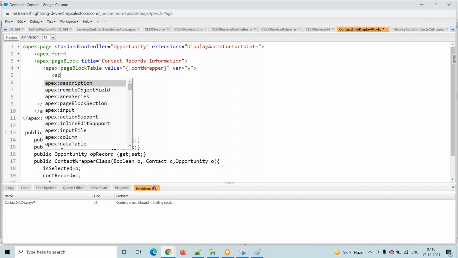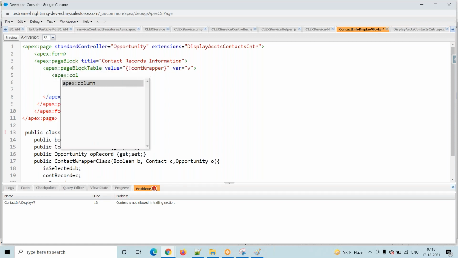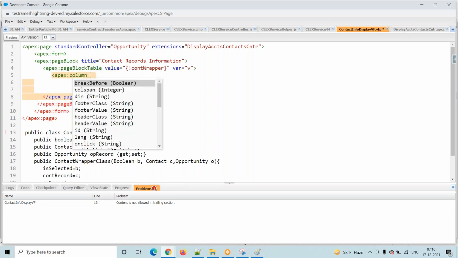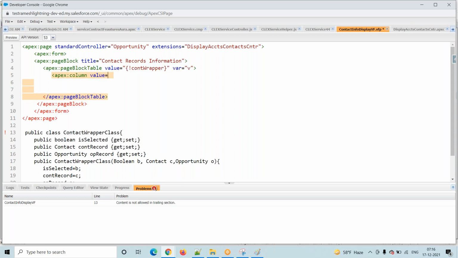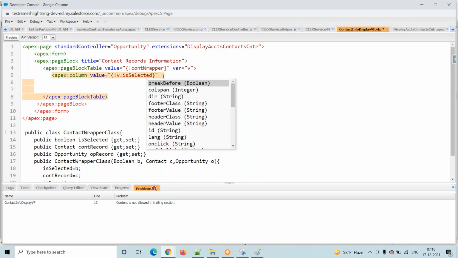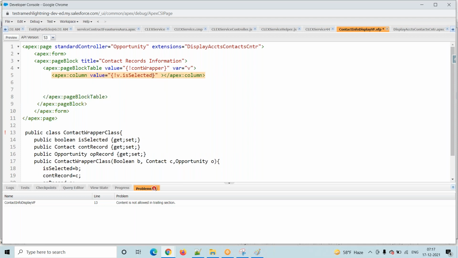So apex column, value is equal to, see here, v dot is selected. Close this one.